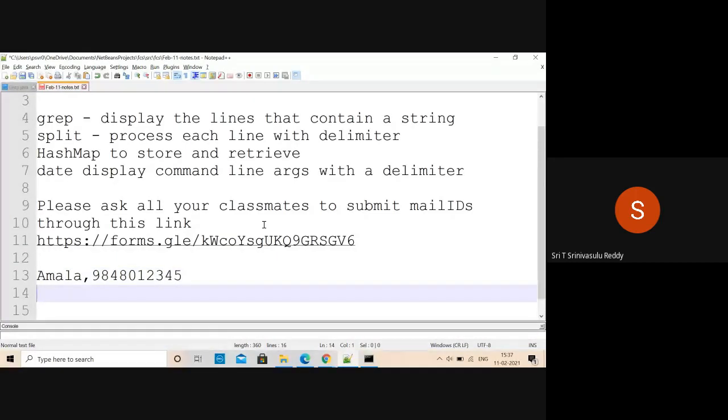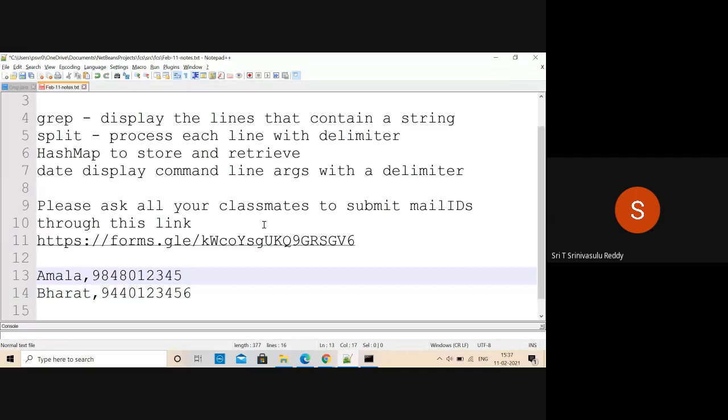Like this, there may be many such entries in your file. Let us say 1, 2, 3, 4, maybe 6 also, whatever. Like this, there may be many entries in a file. Now, what are you going to do? You will read one line.